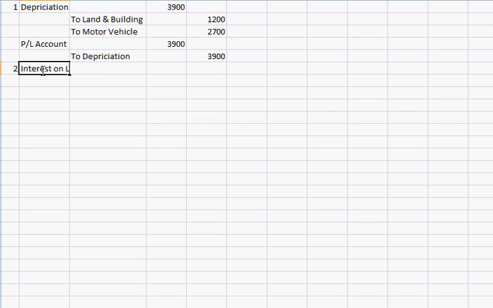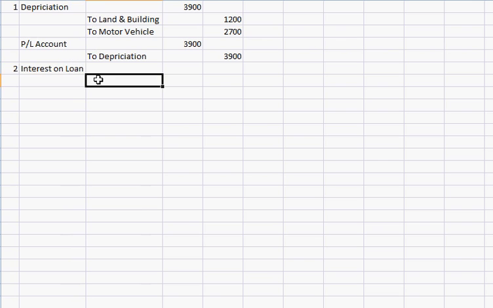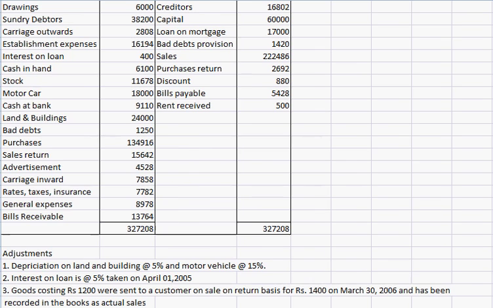So interest on loan is 5% of the loan amount. The loan amount given is 17,000,